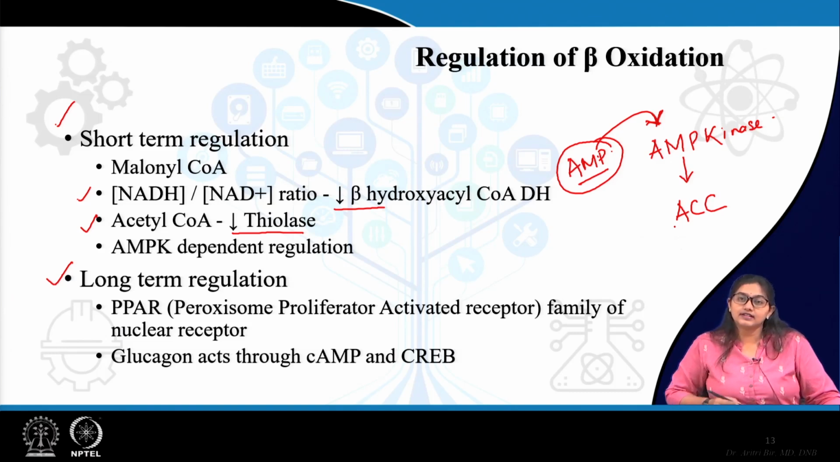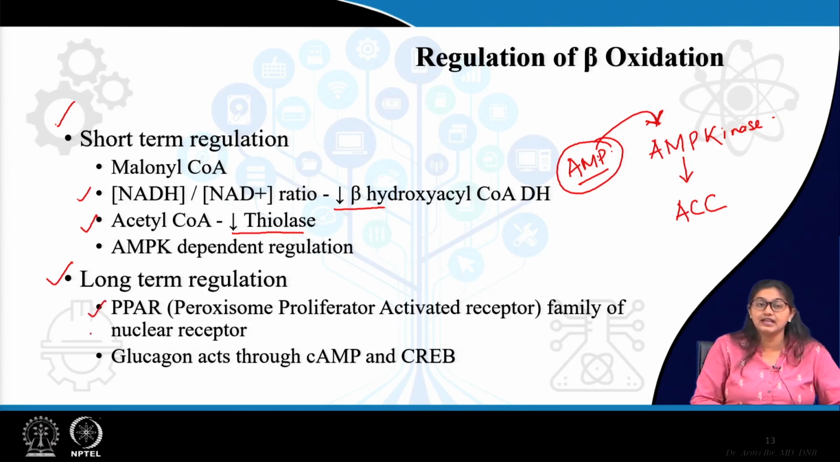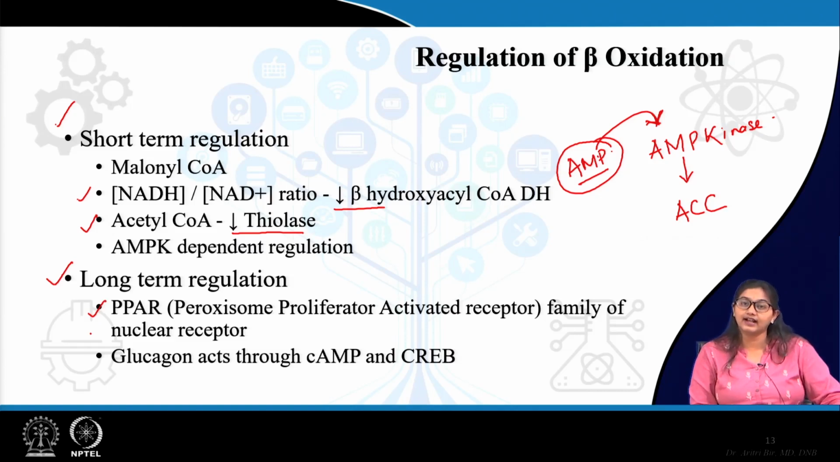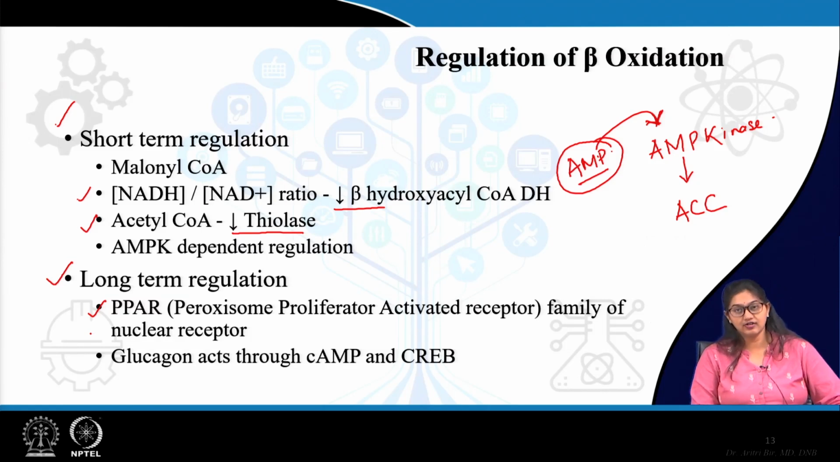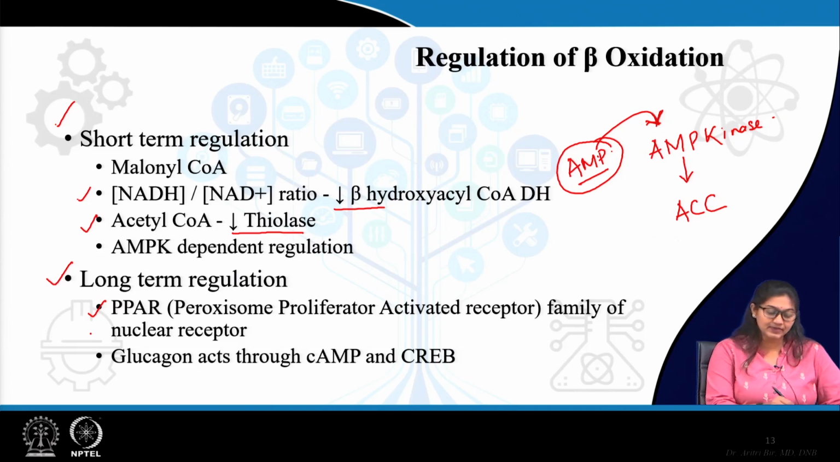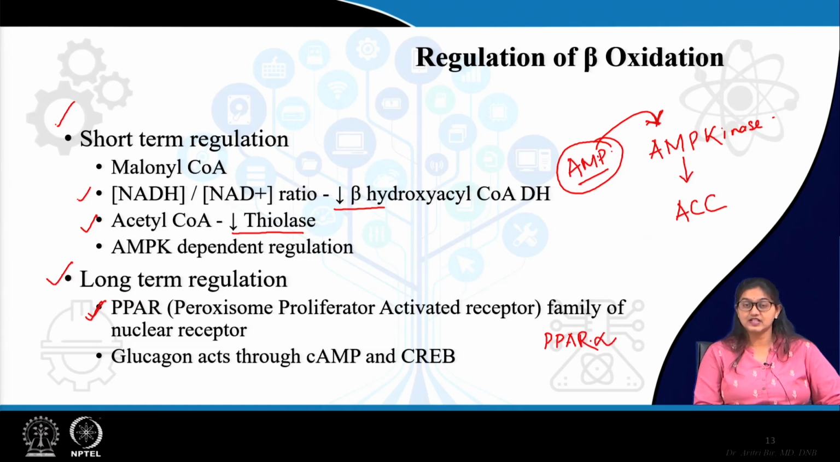Now these are the short term regulation. What happens to the long term regulation? Long term regulation is signaled by different transcription factors. One such important transcription factor is PPAR, that is peroxisome proliferator activated receptor. This is a nuclear receptor transcription factor which, when activated, activates different beta oxidation related enzymes like the translocase or dehydrogenases. They are activated by PPAR, mainly the isoform PPAR alpha, which is abundantly present in skeletal muscles, liver,